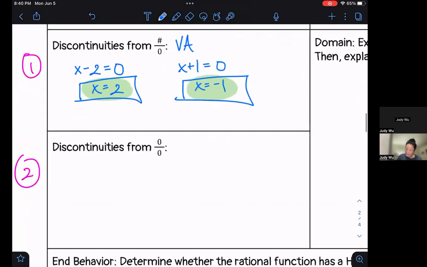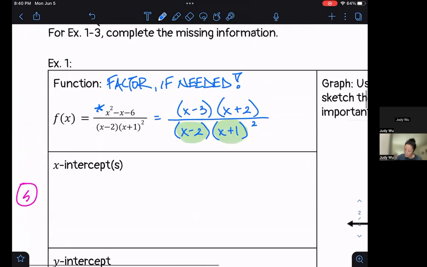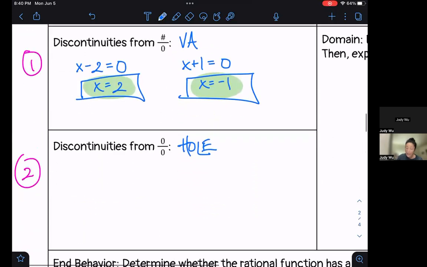All right. Next, we're going to look for what happens when we have a number that makes the top and the bottom 0. And that, as a reminder, looks like a hole on our function. But if we look back at our equation, there are no factors that are on the bottom and on the top, right? They're all different. Now, for example, if this had been a 2 instead of a 3, then this would have been a hole, not a vertical asymptote, okay? So in this case, I actually don't have any holes, all right? So we should write here, no holes,